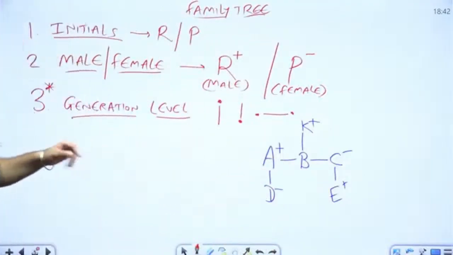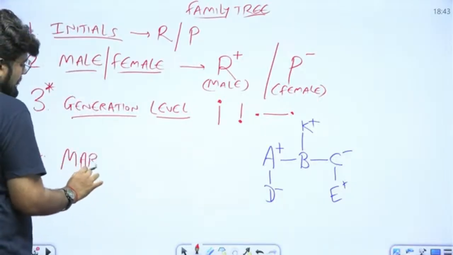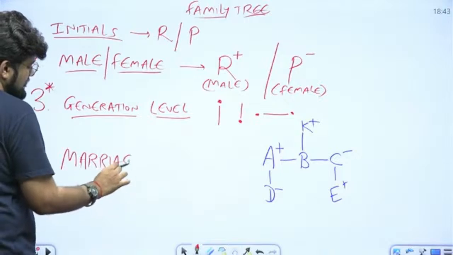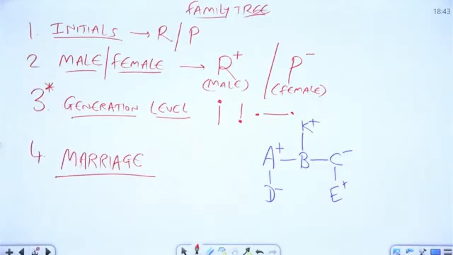But how do we depict that? How do we depict that? So the 4th point here is marriage. Now to depict a couple, exactly what happens is, a couple is also assumed to be on the same generation level. See, now a lot of people tell me,